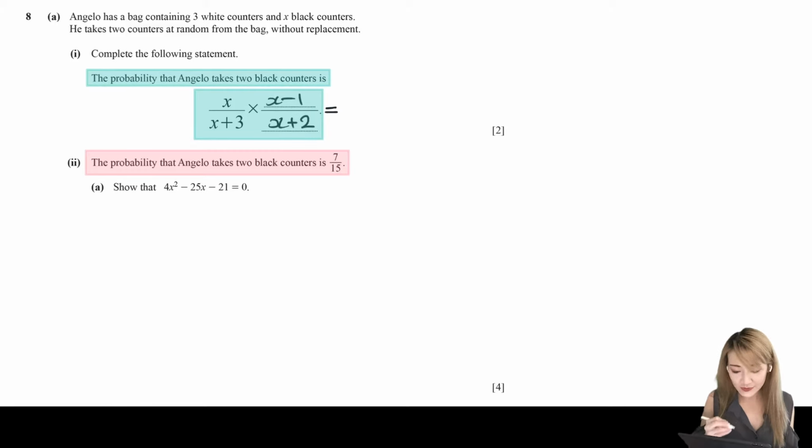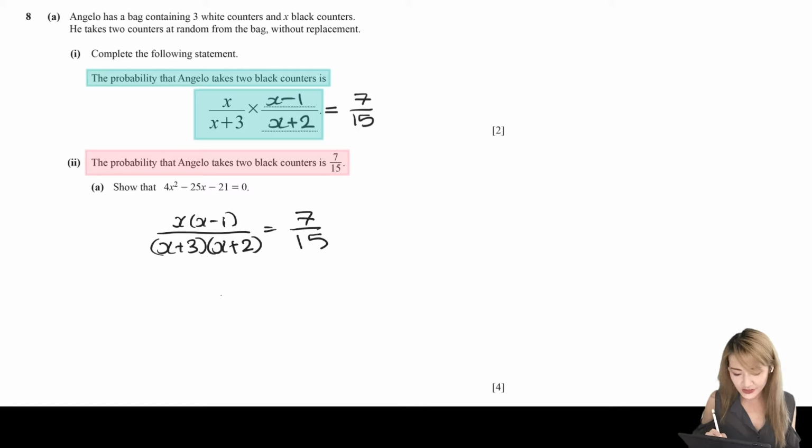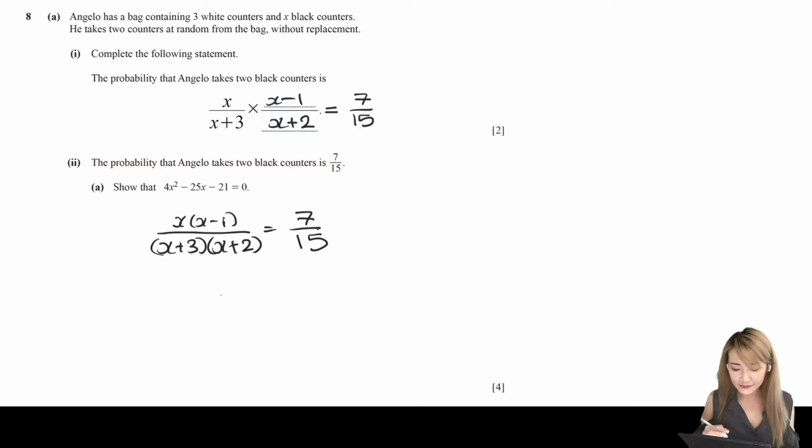This means that that expression must equal 7 over 15. So we can set this up. So we can write x multiplied by x minus 1 over x plus 3 multiplied by x plus 2 equals 7 over 15. And then the aim is to rearrange this expression into 4x squared minus 25x minus 21 equals